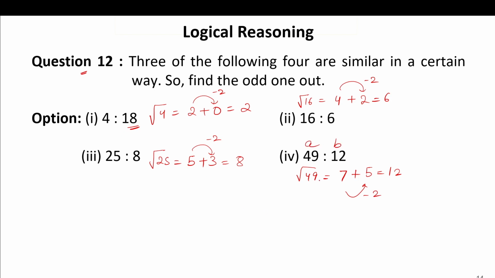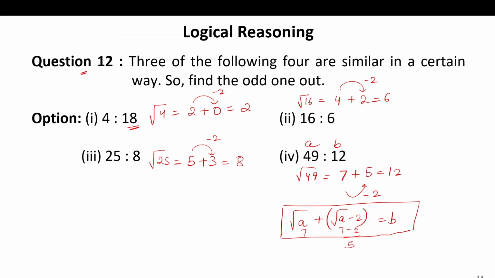So what was the logic? If this is A, this is B. The logic was under root of A plus under root of A minus 2 was giving me B. These are a little tricky logics, so please pay attention. Under root of A means under root of 49, plus what I did was under root of A minus 2. So under root of A was 7, plus I did 5. If I look over here, this is 49. Under root of 49 is 7, and this is 7 minus 2, that is 5. And it gave me 12. So this is the logic that is being used in